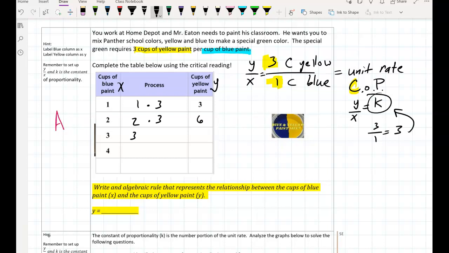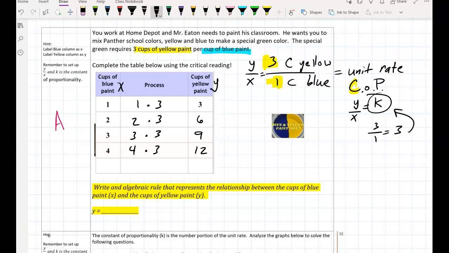If you have 3 cups of blue, you multiply that by the constant of proportionality, and 3 times 3 is 9. You would need 9 cups of yellow paint. If you had 4 cups of blue paint, you would multiply that times 3, the constant of proportionality, and 4